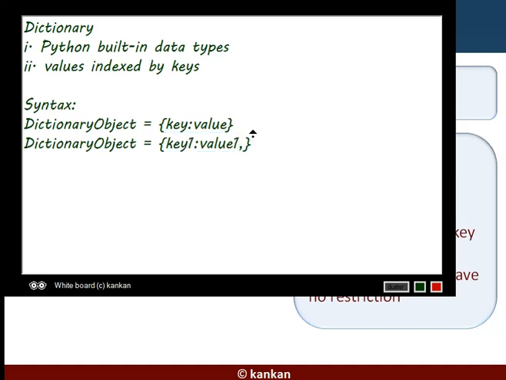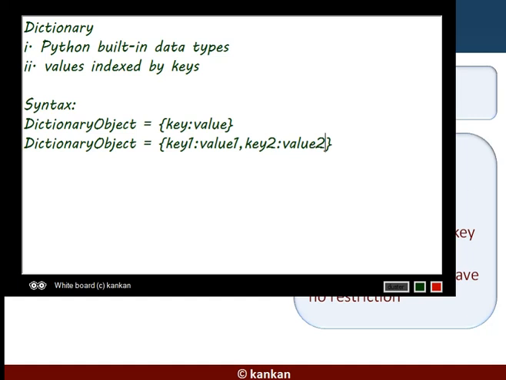If you would like to enter another item, then this item will be separated by a comma. In a similar way, we will define the next item. So here, how many items are present? Item 1, item 2, and these items are separated by comma. Many items we can include, but they must be separated by comma.